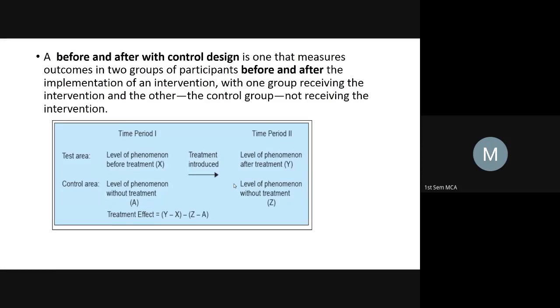Okay, so here level of phenomena before treatment, that is an invited talk, the value of X. Okay, now out of 15 students, only 5 students have scored more than 90. Then I will call somebody to give a talk. All these 15 students will undergo a talk. Okay, then the level of phenomena after treatment. Now instead of 5, there are 12 students who are going to take more than 90%.